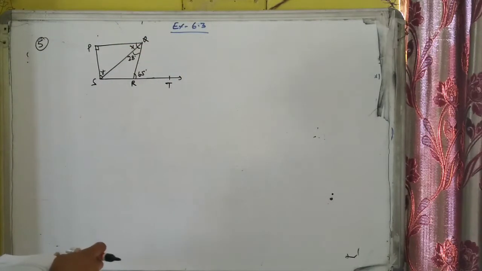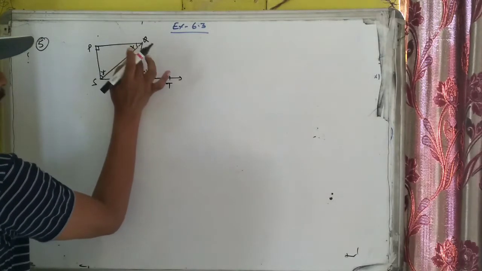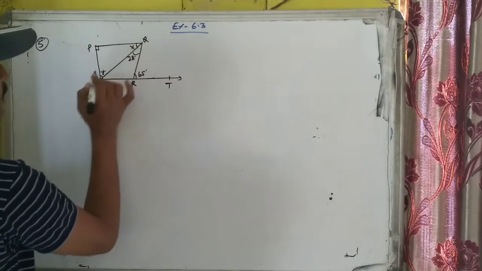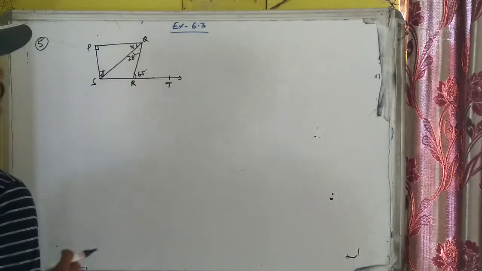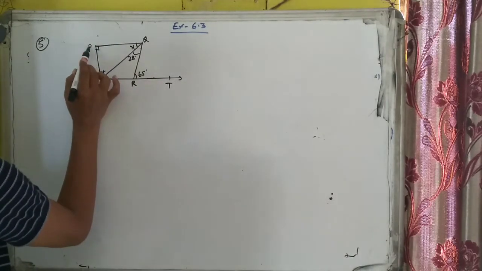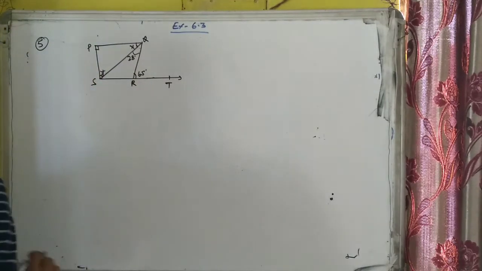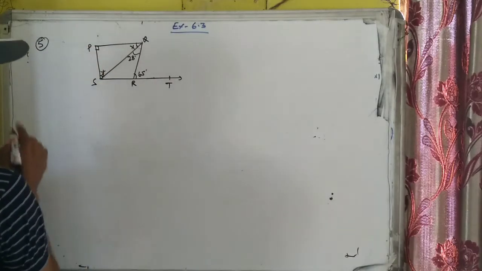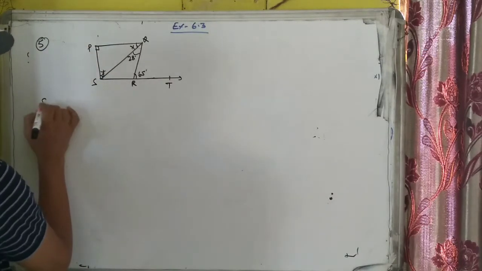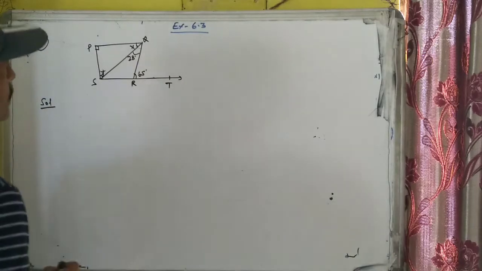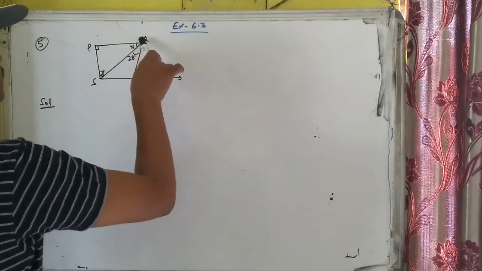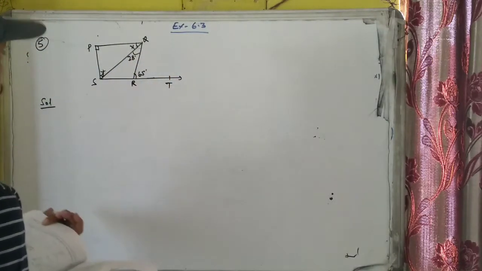Okay, in the question it is given that, find the value of X and Y. Look here, this one is X, this one is Y, so we have to find the values. Also look here, angle P is given the sign of right angle, so it is a right angle at P. So get the solution. At first we will take this line PQ and